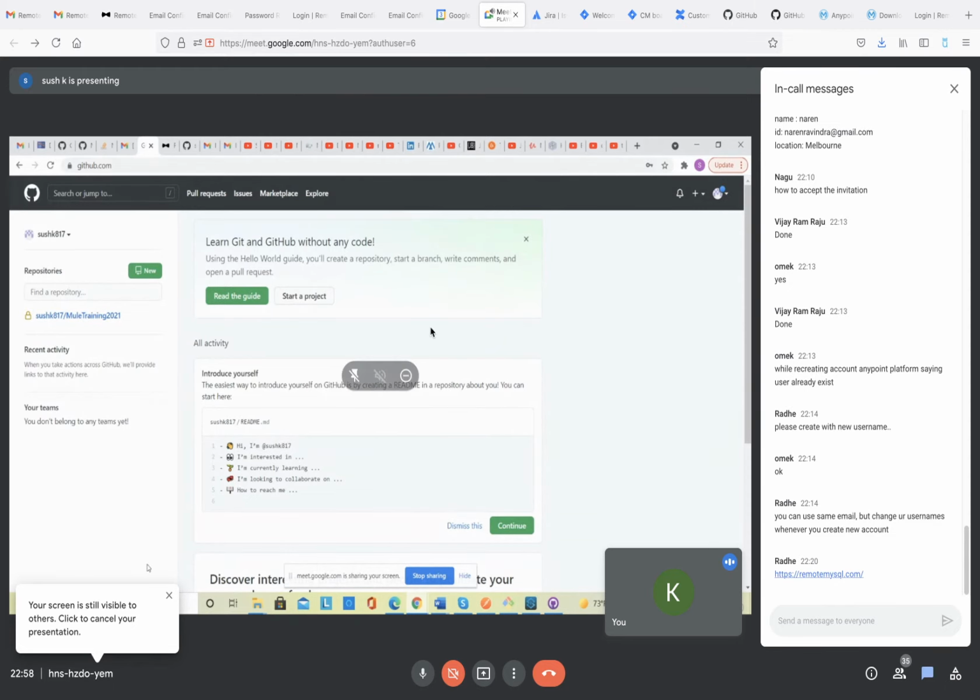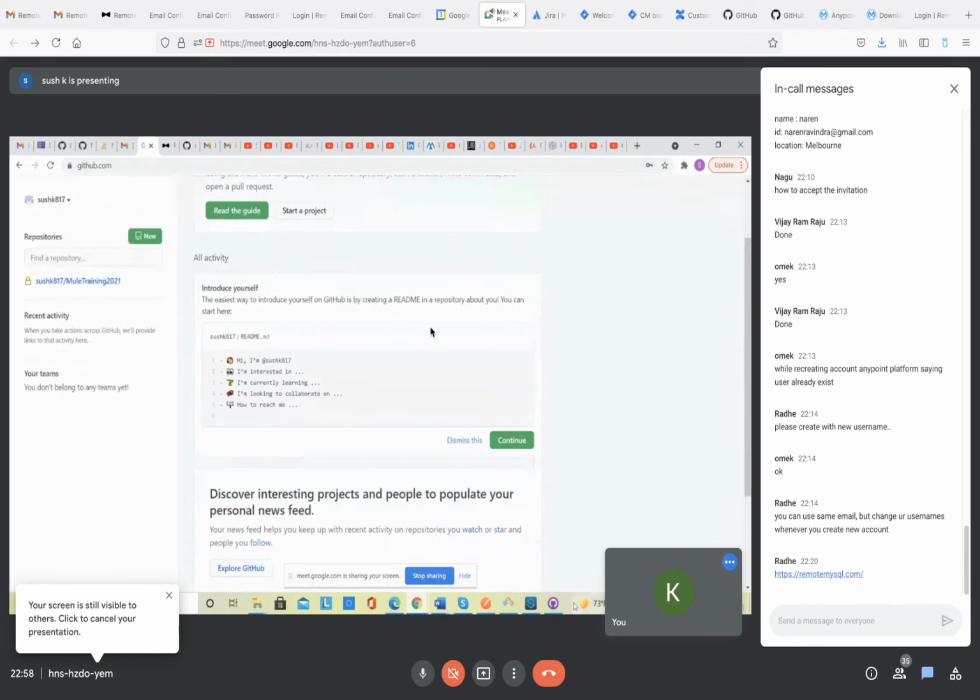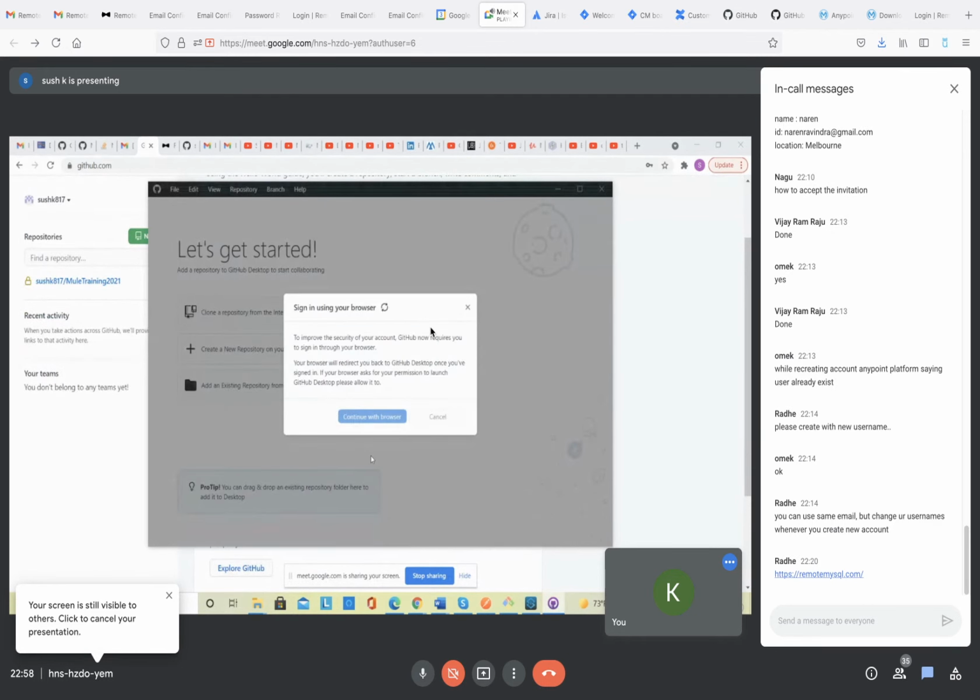Later on it will not create problems. Now go to Git Desktop again. That's okay. Yeah, click on continue. Cancel this and do it again.